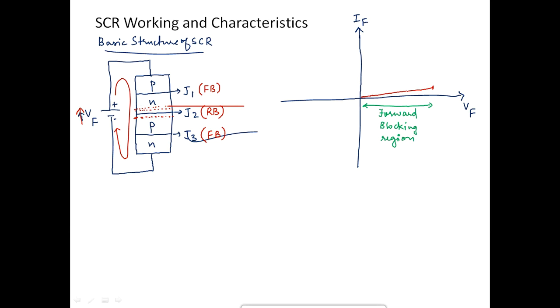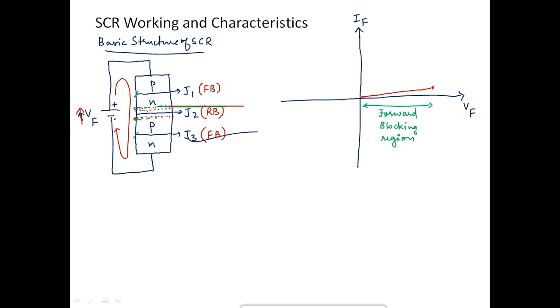Okay, fine. Now let Vf further increase. Okay, if it just goes on increasing, what happens to the depletion region here? Okay, see, let's not worry about junction J1, the depletion width of J1 and J3. Why? Because those two junctions are forward biased, so the majority carriers will be flowing. What is important for us is only the depletion region width of junction J2. So as Vf further increases, the depletion region width increases, goes on just increasing. Okay, this in turn